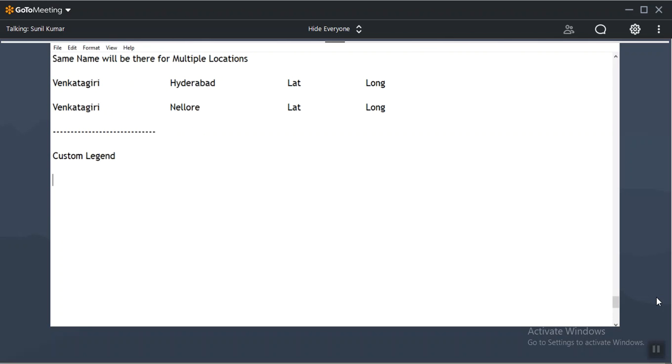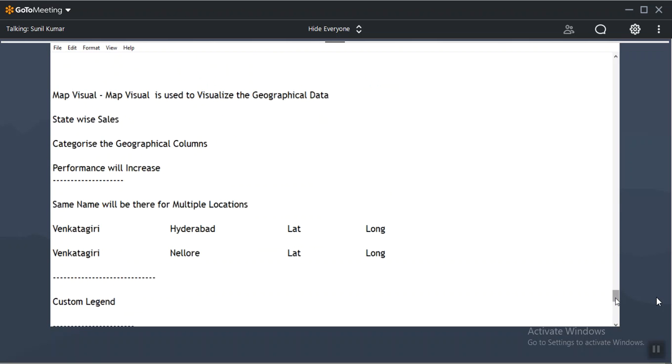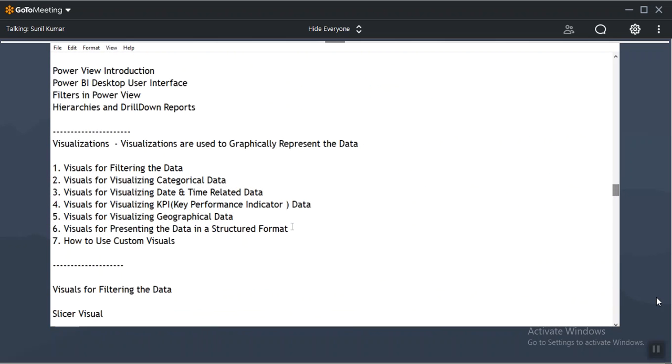So in today's class, we'll discuss the next category of visuals: presenting the data in the structured format. So far, we're done with visuals for filtering the data, visuals for categorical data, visuals for